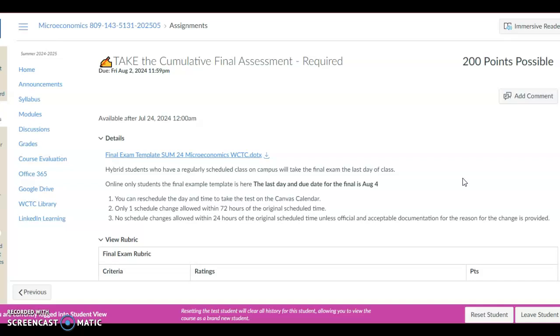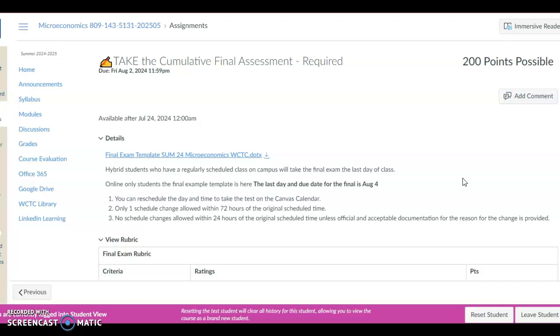You can reschedule, but I don't think that's imperative for everybody in terms of taking this exam. As far as the 72-hour compliance thing, I don't think that really applies to us, and schedule changes being allowed within 24 hours doesn't really apply either. The reason is that I've extended the due date for the final exam.